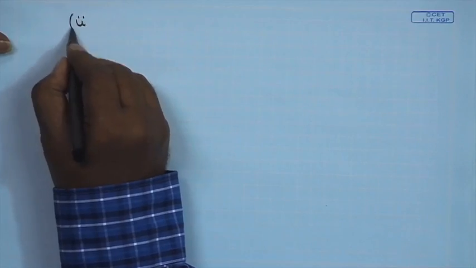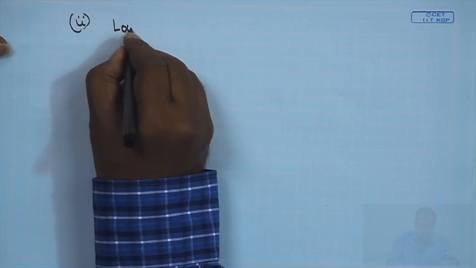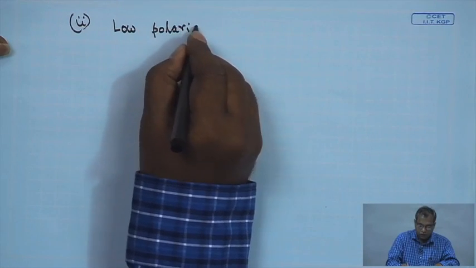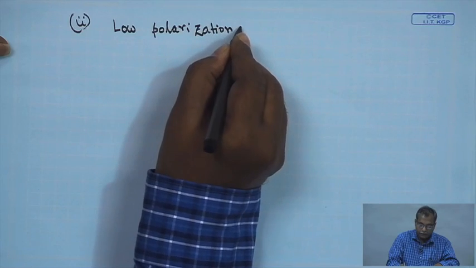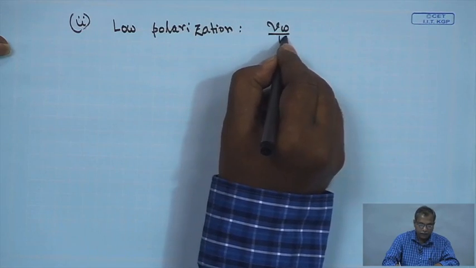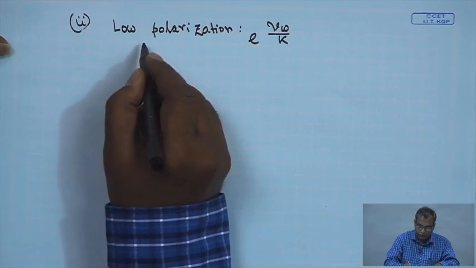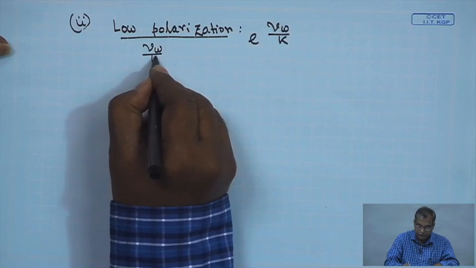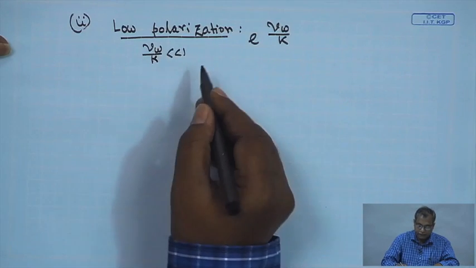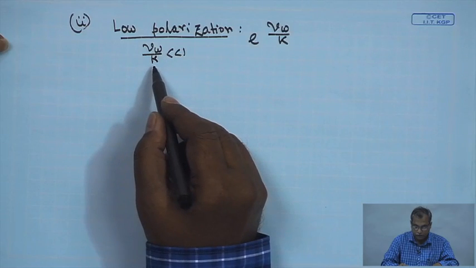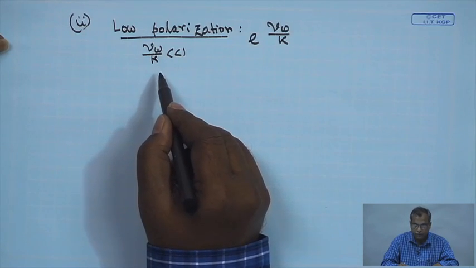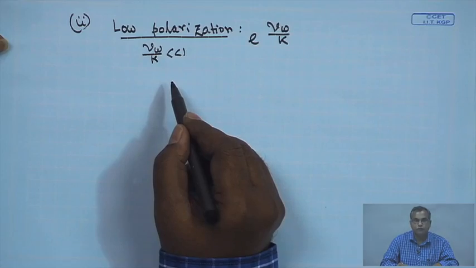The second simplified case we will be talking about is low polarization. Low polarization can be realized when Vw by k is much less than 1. That means, again in this case turbulence is quite high, so the Reynolds number will be very high, and therefore the mass transfer coefficient will be high compared to the permeate flux. So Vw by k will be much less than 1, and that will allow us to have an exponential expansion